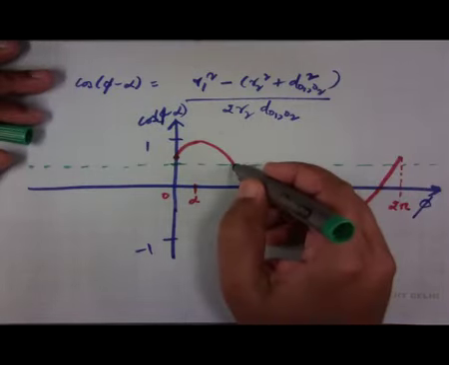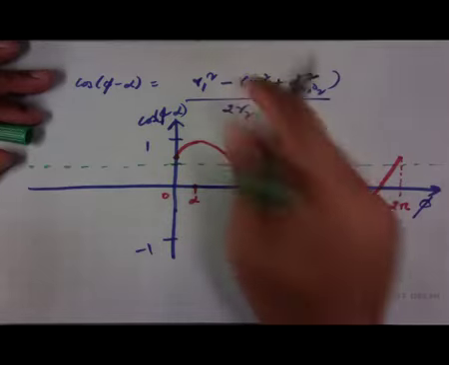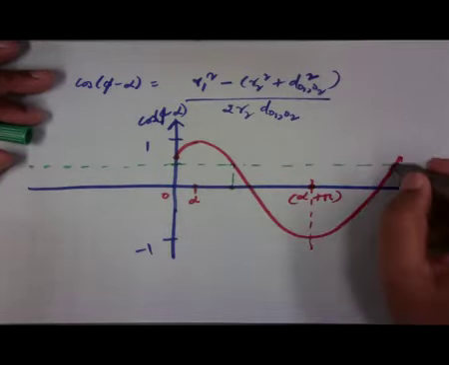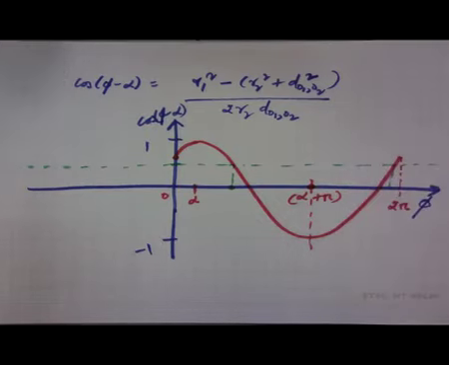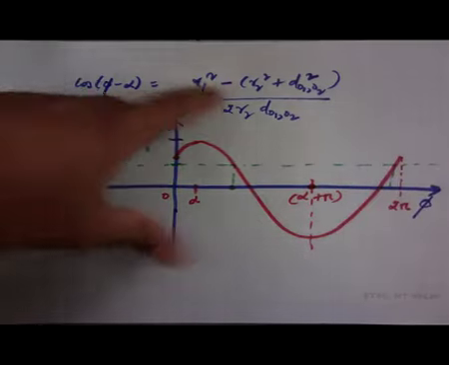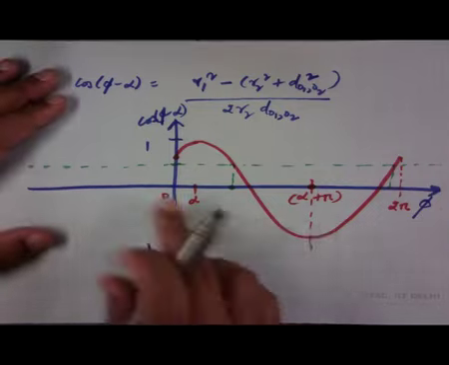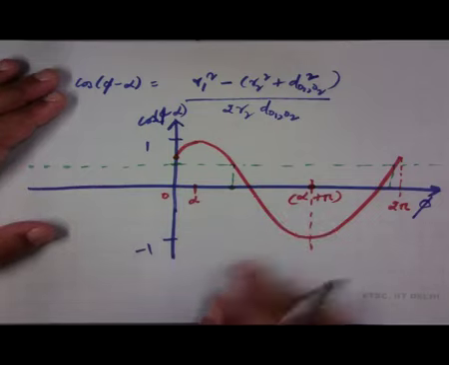Therefore, in this case, if this were half, then the two values of phi would be this value and this value. In fact, it is easily seen that as long as the right hand side has a modulus strictly less than 1, there will always be two solutions of phi,